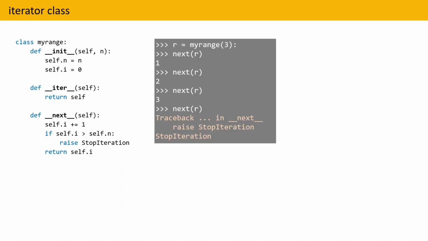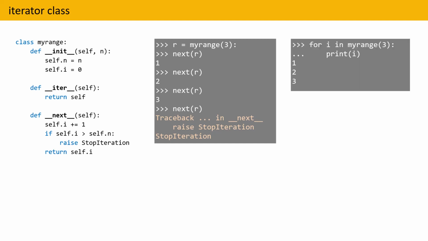Now we can construct a myRange object and can call next until the iterator is exhausted and the StopIteration exception is raised. If the iterator is called in a for loop, the StopIteration exception terminates the iteration without showing an error message. So myRange works the same as Python's range function, but Python's range is actually a sequence,